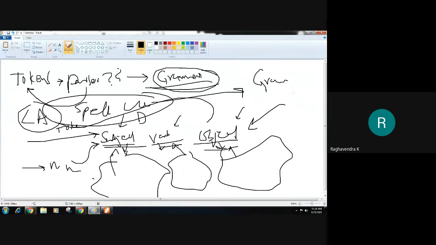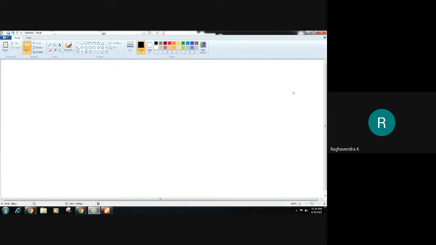Now, just like how we developed a lexer by using a tool called Lex, in a similar way we can also develop a parser. A parser is nothing but a syntax analyzer.